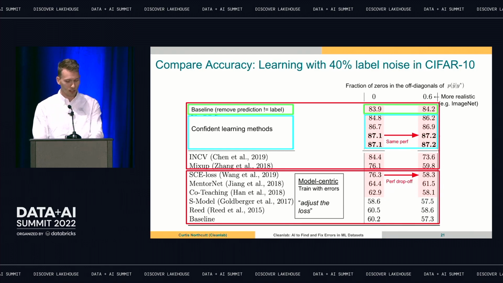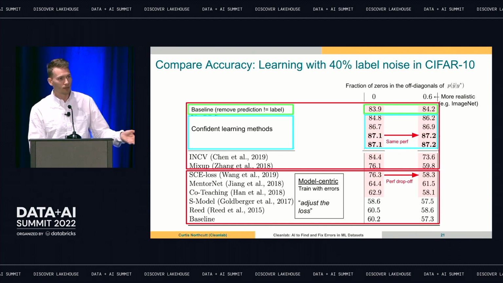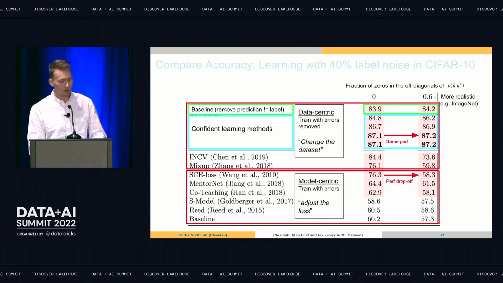If you actually just look, these are ranked by how accurate they are on a test data set with no error in the labels. We just ranked performance by training using various learning with noisy labels methods, and then we see how they perform on a true test set. How do they benchmark? And what we found was that the model-centric approaches, meaning they modify the loss function or they modify the model, tend to do worse than approaches that modify the data directly.